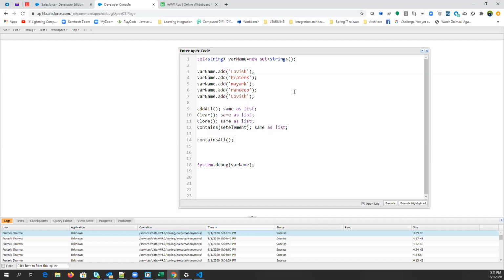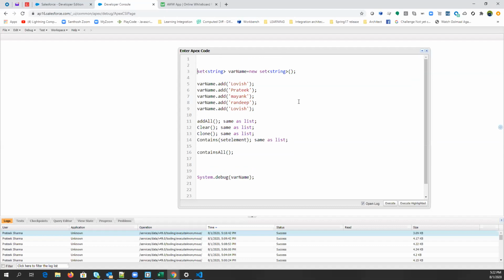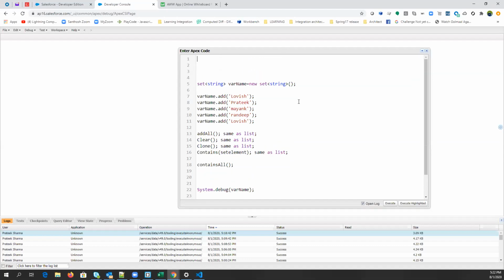So guys, in contains, what were we checking? We were checking a single element. So if you want to check whether a list of elements is there or not, let's just check. Listen to me carefully, guys.